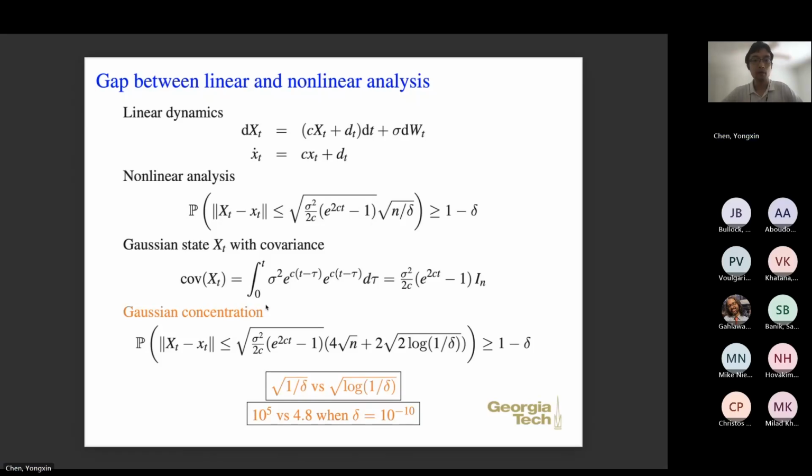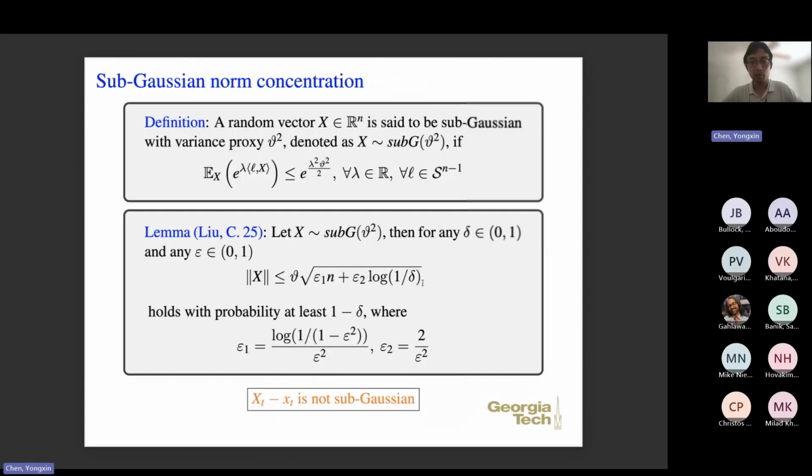Clearly you cannot apply the analysis we did for linear systems to the nonlinear setting, because for linear systems this is based on Gaussian, and in nonlinear systems, nothing is Gaussian. We cannot do that, but we can move to the next best thing, which is a sub-Gaussian distribution. So what is a sub-Gaussian distribution? It is the most natural generalization of the Gaussian distribution. A random vector is said to be sub-Gaussian, with this